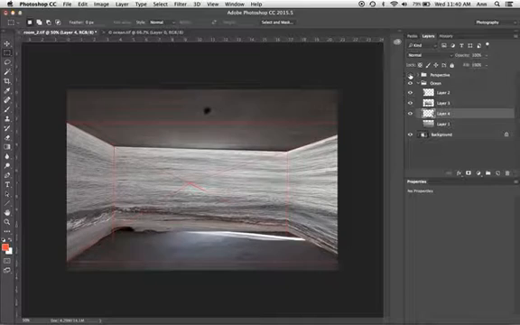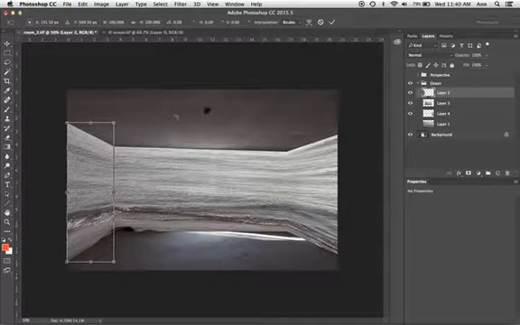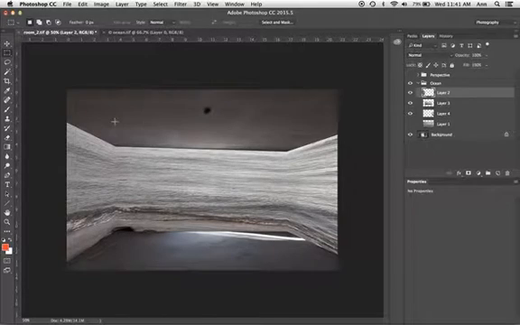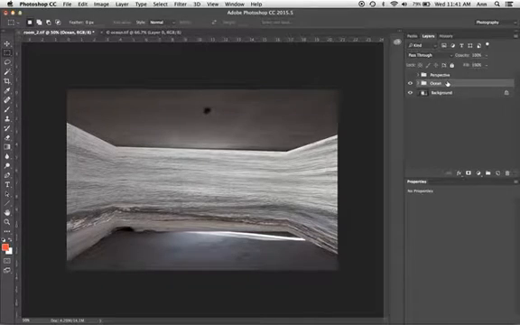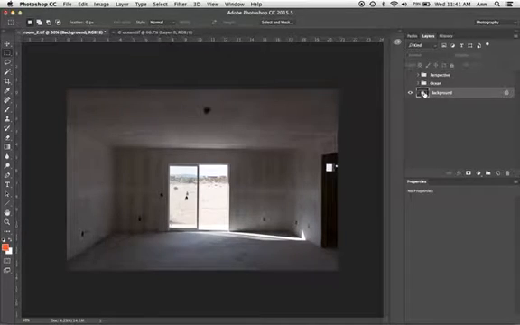Okay, so now if I take out the perspective, for the most part it looks good. Over here on the left side, there's a little bit of a gap. I didn't go quite as far as I should have. I'm holding down the Option key and just pulling it out a little bit more. And that's pretty good. And you can see now that the line of things, there's a little bit of a jump here over on this corner, and I'd go back and fix that with a clone layer.